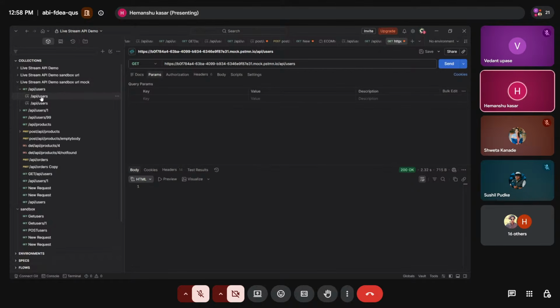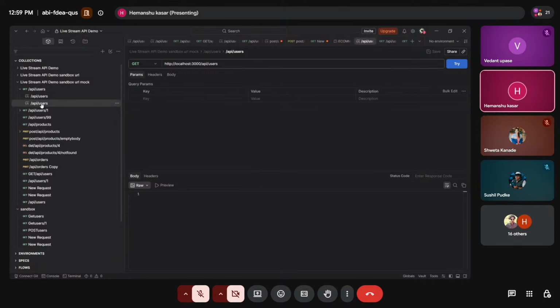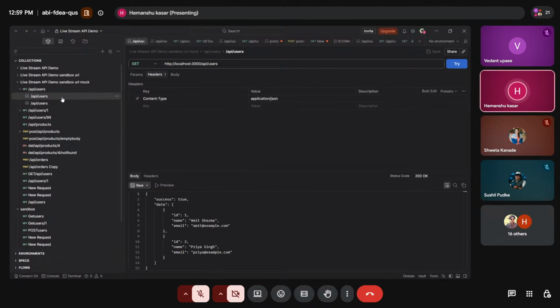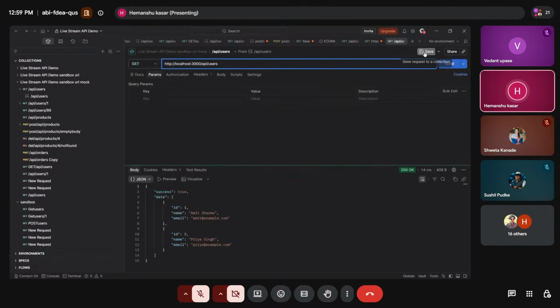Just wait a minute, I'll try once again. Okay, the response was not saved in this particular API. I will delete one and keep one endpoint only here. What I will do is click on try. Once I click on save,